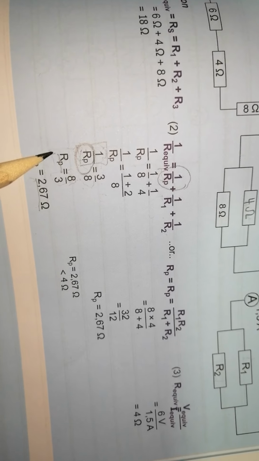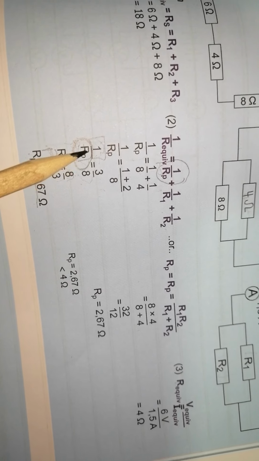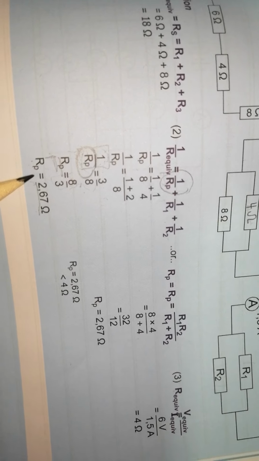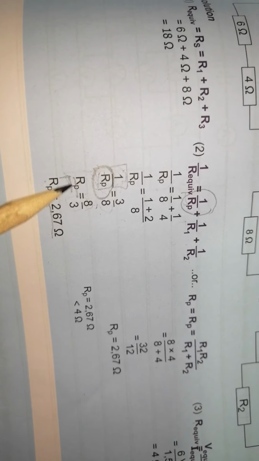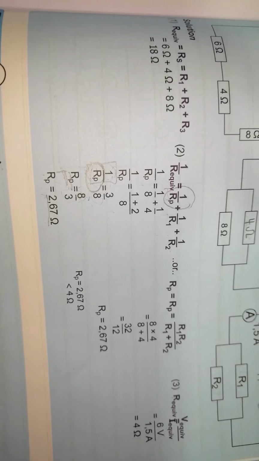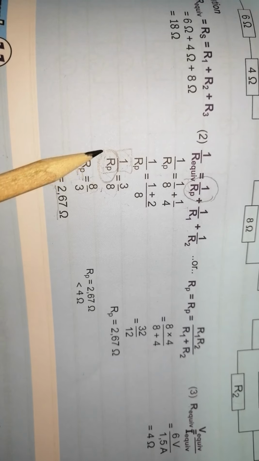Right, now, did you see what happened here? We are not calculating 1 over Rp. We only want Rp. So whatever answer you have for 1 over Rp, you need to invert that answer. You need to turn it upside down, and that will give you Rp, and Rp is what we want. So when you're working out resistors in parallel, make sure you don't forget this step.